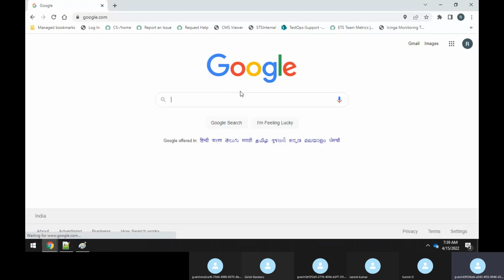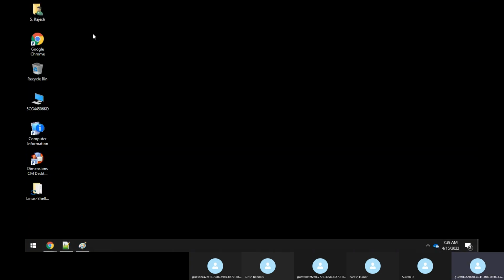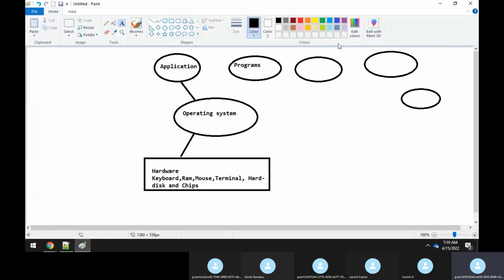Now, what as a user am I doing? Basically, I'm invoking an application, or you are running an application. If you're running an application, it means you are running a program. You are actually running a browser.